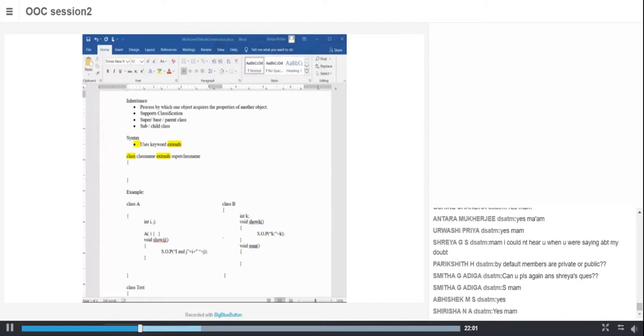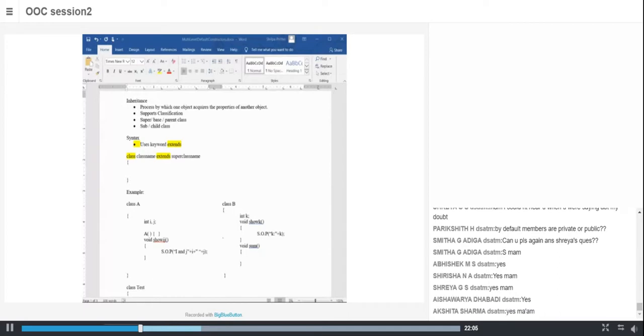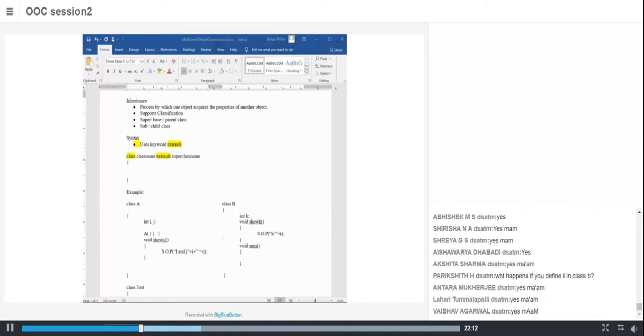Yes. So in my class test also, I can access the public member J. But I want my members to be accessed only within my subclass. What do I do? I have another access specifier known as protected.